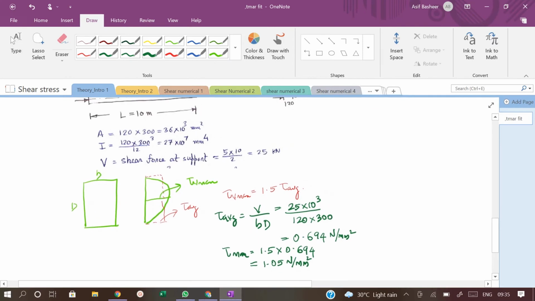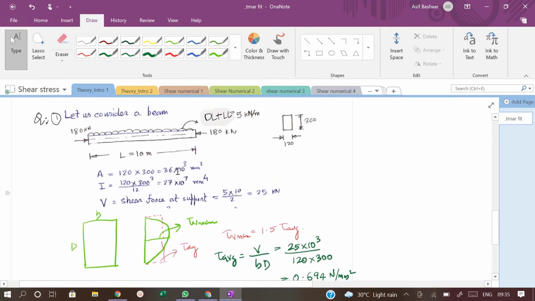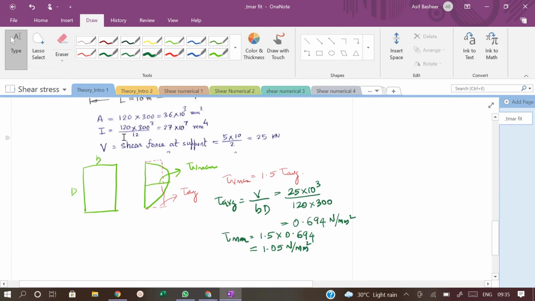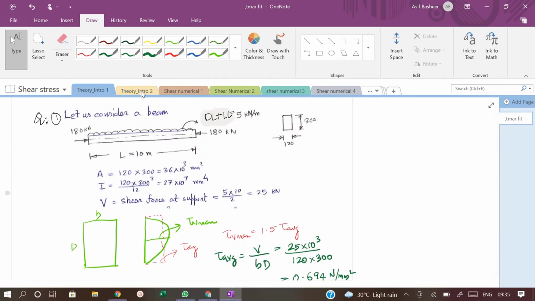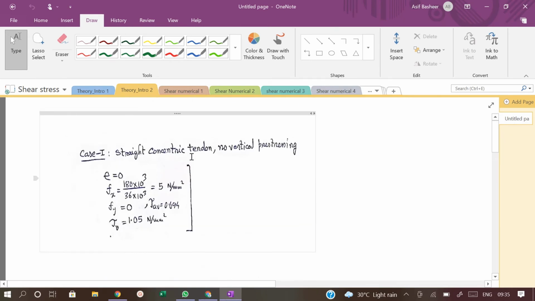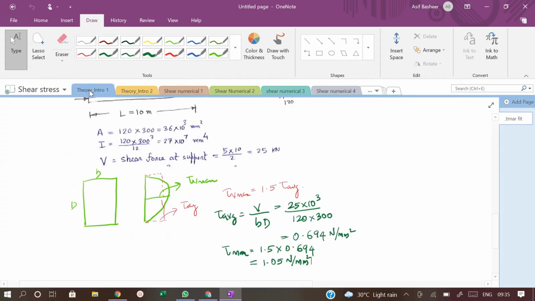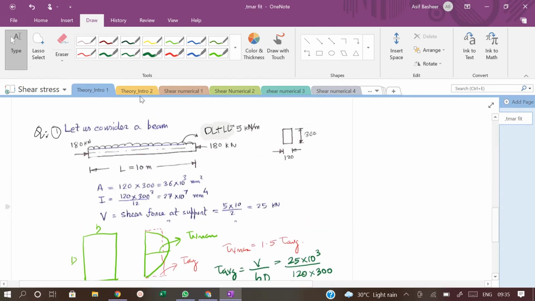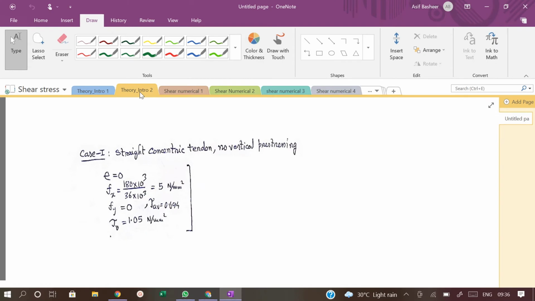Once you have obtained the value for tau max, keep this beam in your mind, and we are going to see different cases based on this. That is, the first case, when a straight concentric tendon or no eccentricity is given in this beam. That is, we are applying for the same beam. I am drawing the beam again here, for the same beam,